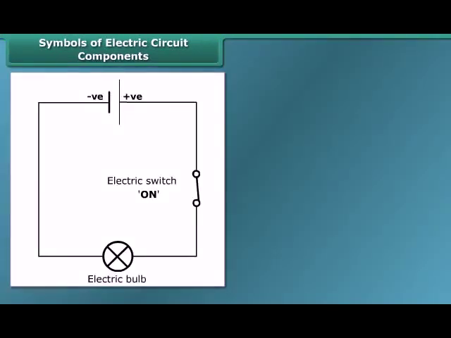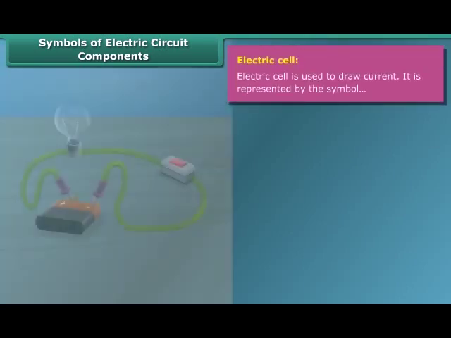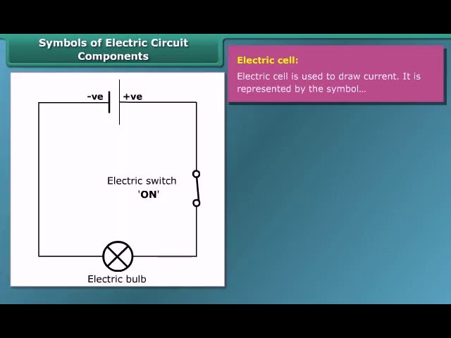Symbols of electric circuit components. Electric cell is a simple device which is used to generate electricity. Electricity is produced by chemical reactions. It has a positive terminal and a negative terminal. In the symbol of the electric cell, the longer line represents the positive terminal and the thicker, shorter line represents